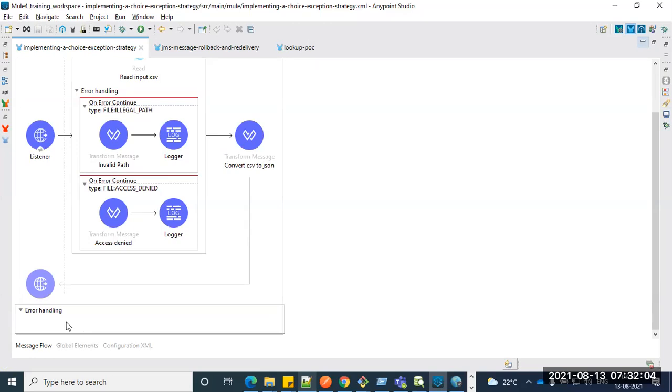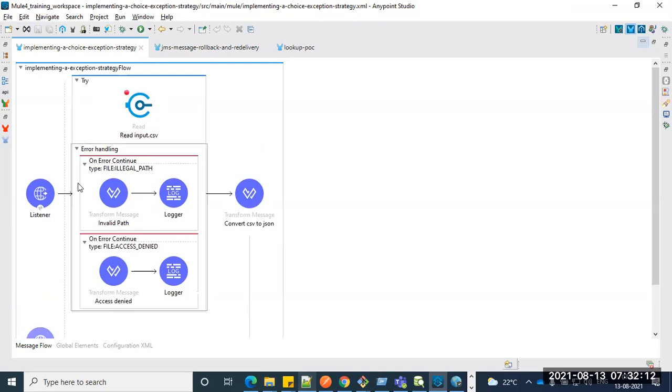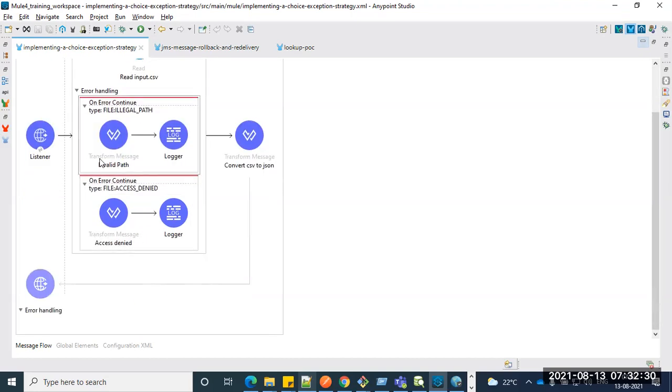You can just put it here, flow level, and then global level. At the global level, we'll see there is an error handler, and we'll put that one. We can keep it only at the component level if you want to handle only that particular component. So this is nothing but component level error handling. Then you can see the try block. Without a try block, we can't keep these two.